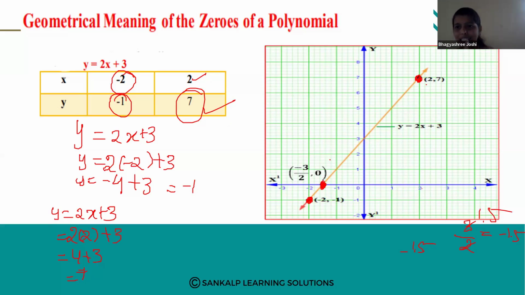That is only 1 zero there. 1 zero is there, right? That is -3 by 2. Y value is 0. See here, if you take y value as 0,